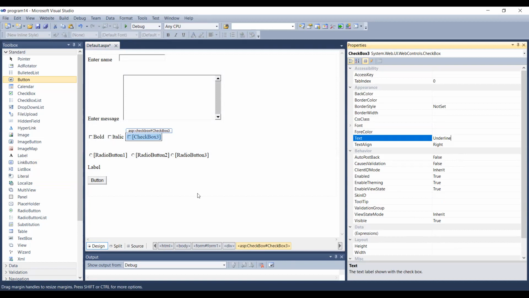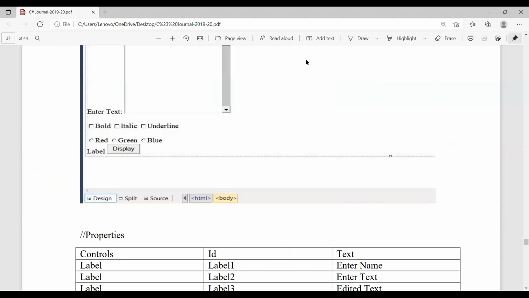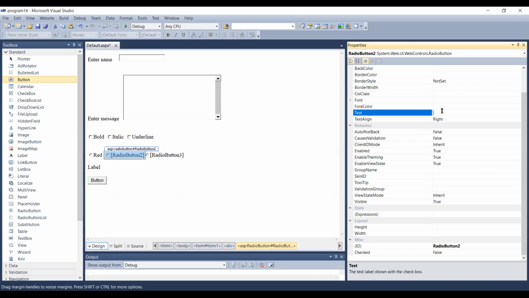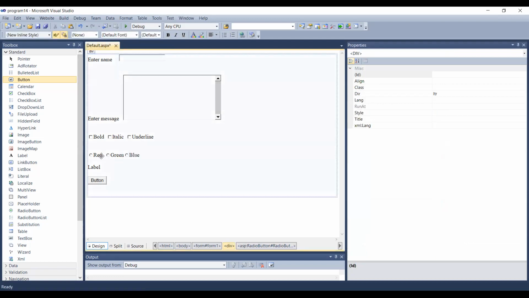So for radio buttons, what we have taken, see in your code, are red, green, and blue. So we have to go here for red, green, and blue. Take the first radio button, keep the ID default. Go for text, and here you can set it as red. Take the second radio button. So here for text, you can choose green. And the third radio button, for this text you can take blue. So red, green and blue, right? So this is how we set the properties for radio buttons.